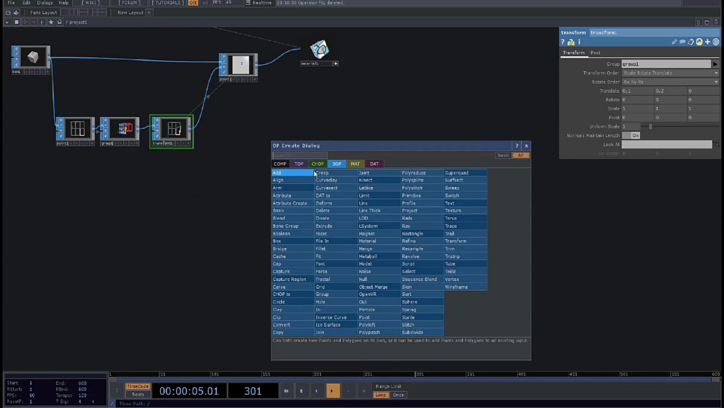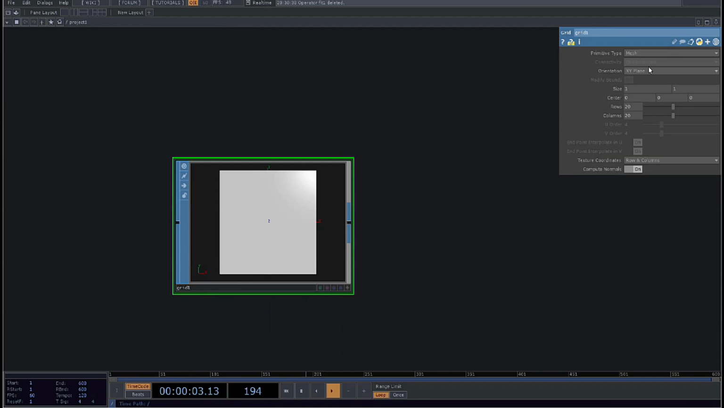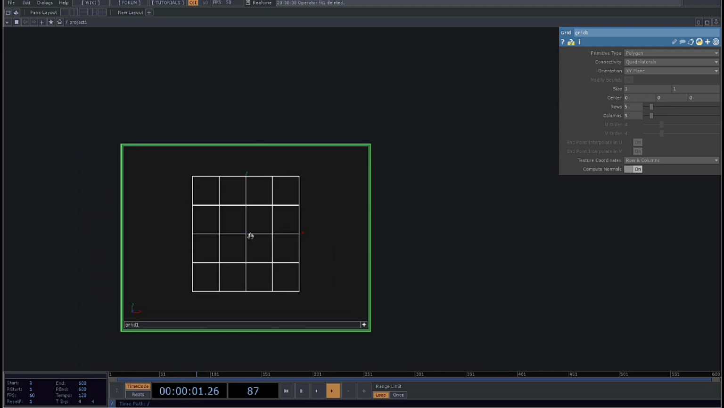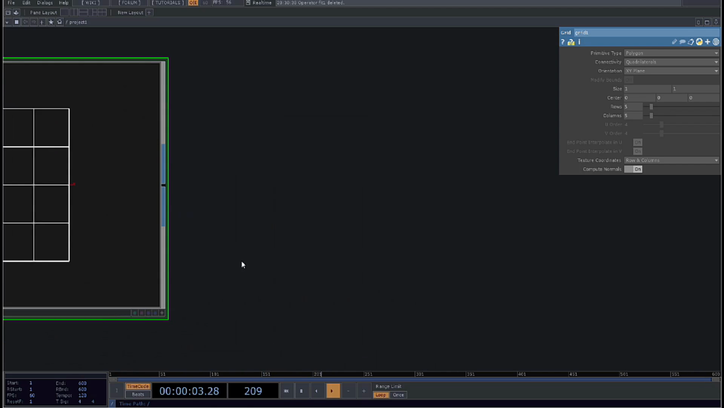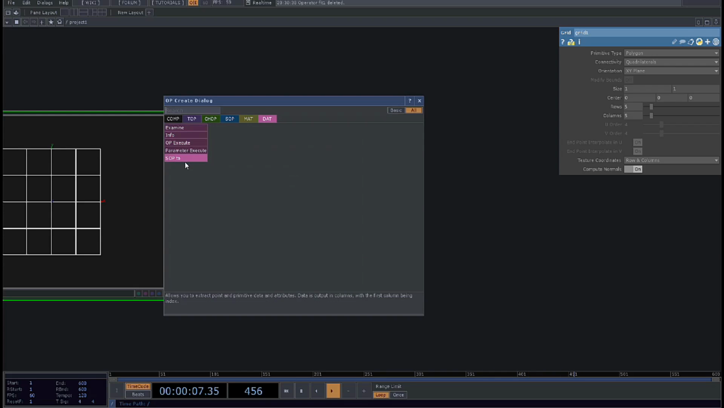So if I go in and create a new, I'm just going to create a rectangle, or maybe a grid. I'm going to make it a polygon grid, and I'm just going to hit W so we can see exactly what's happening here. I'm going to give it maybe 5 rows and 5 columns just so we can see what's going on. Then I'm going to right click on my SOP output and choose a SOP